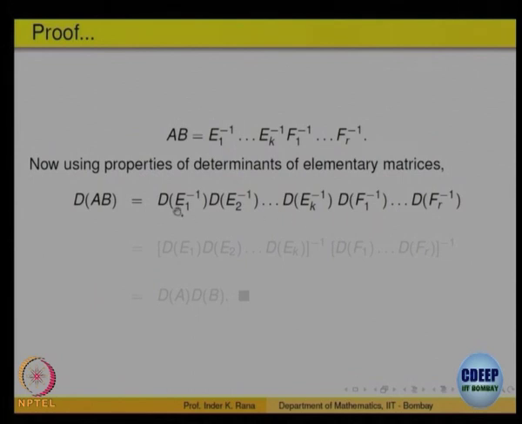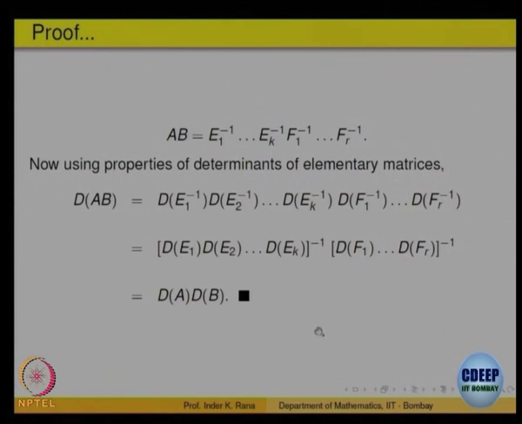Yes. Now, these first ones. What is the determinant of E1 inverse? That is 1 over determinant of E1, right. So, use that formula to get that the product of the first k is 1 over determinant of E1, E2, Ek, and similarly the other one. And what is determinant of E1 into determinant of E2 into determinant of Ek? The product of E1, E2, Ek was A, right. So, this is precisely the determinant of A, the second is precisely equal to determinant of